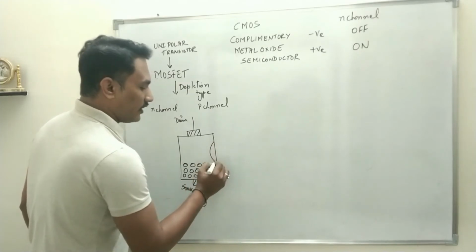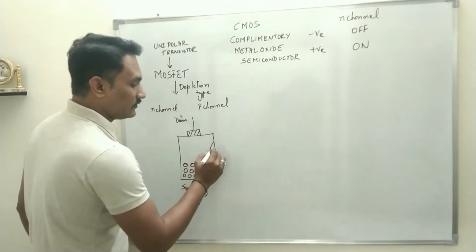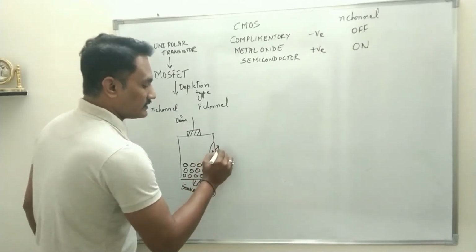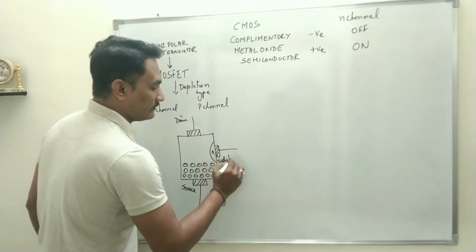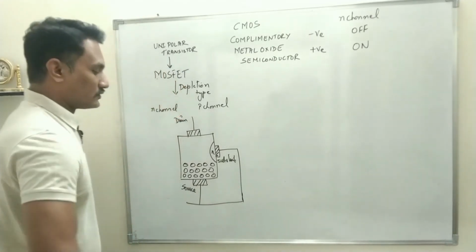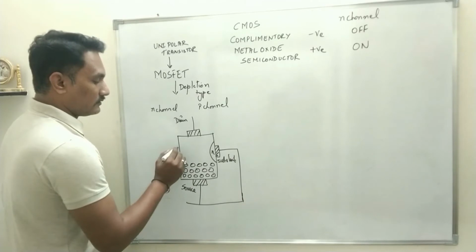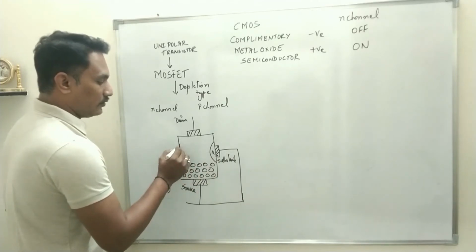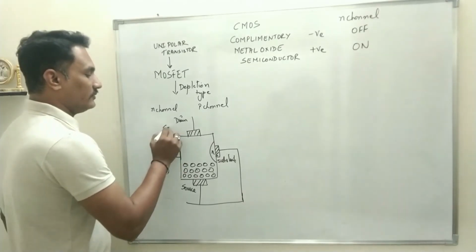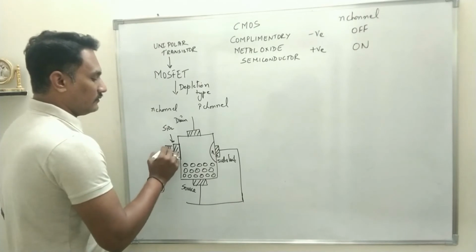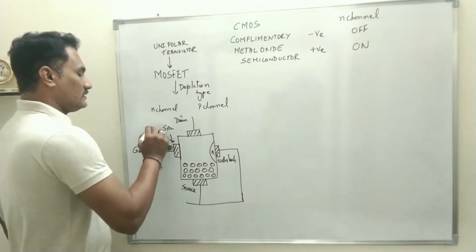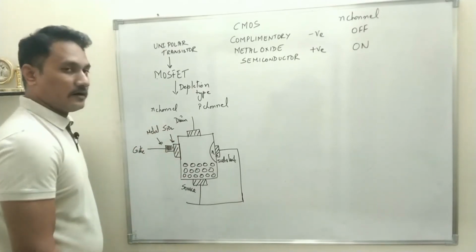On the other side, we will form a PN junction. Now P-type is already there, so we will dope pentavalent impurity so that the N region is formed, and this terminal is called the substrate. And the substrate is always internally connected with the source. On the opposite side of the substrate, over the semiconductor layer, we form an oxide layer. The oxide will be SiO2, over which there will be a metal deposition, and a terminal will be taken out called the gate. So this metal oxide semiconductor forms a capacitor.